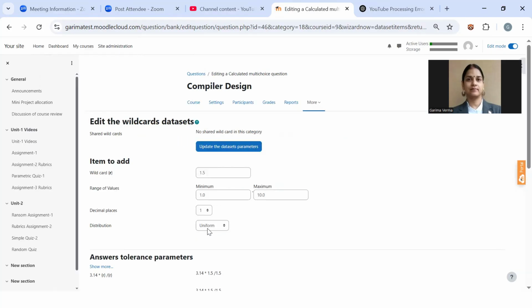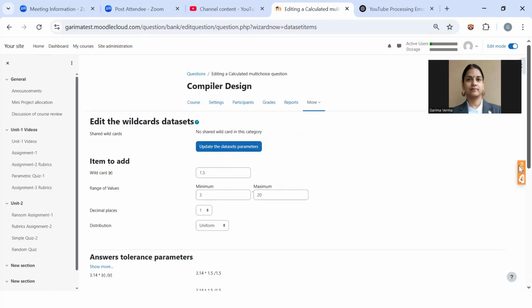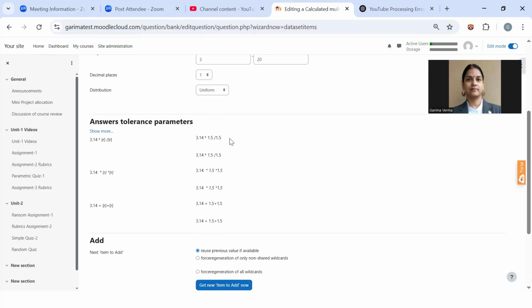By default, it will create a range 1 to 100. You can change this range. So I'm changing it so radius can be minimum 5 and maximum say 20. Update the dataset parameters. Now the dataset parameters are changed and you can see one sample for each formula that you have specified.